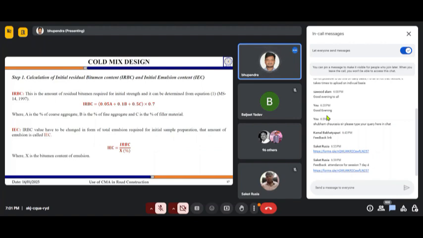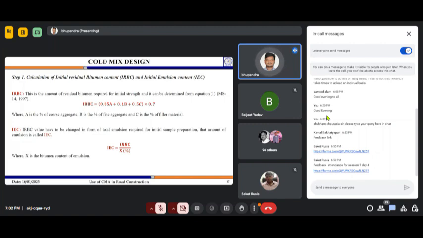Now coming to the mix design. Mix design means we are going to decide how much bitumen we have to add to prepare the mixture. Because here emulsion is there, and it is very interesting: there is water and bitumen present in it, and then we are also adding extra water. So that is why the mix design is very different from the conventional hot mix design. We use a similar method, the Marshall mix design method, but the parameters are different and the procedure is also different. So there are new parameters which will be introduced.